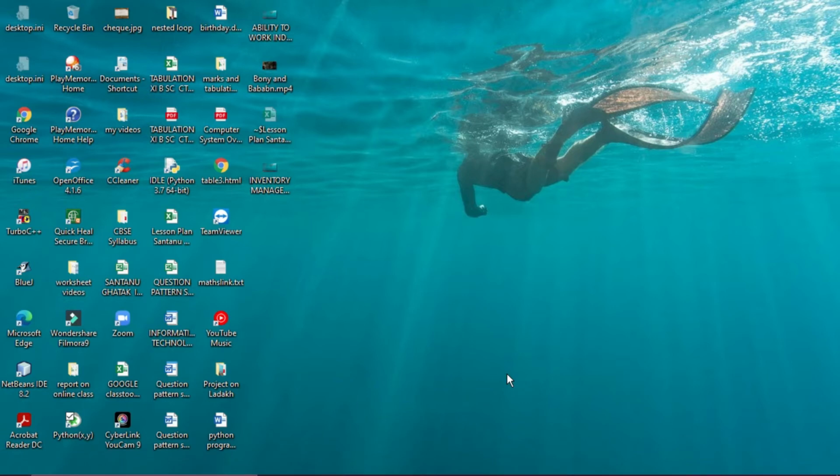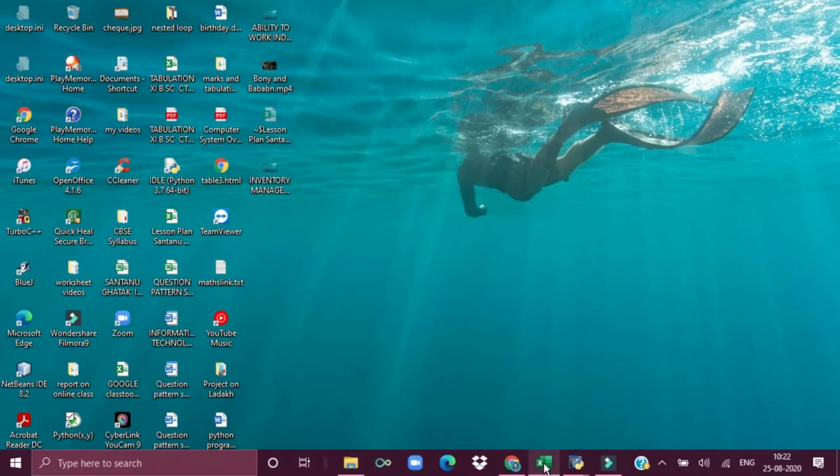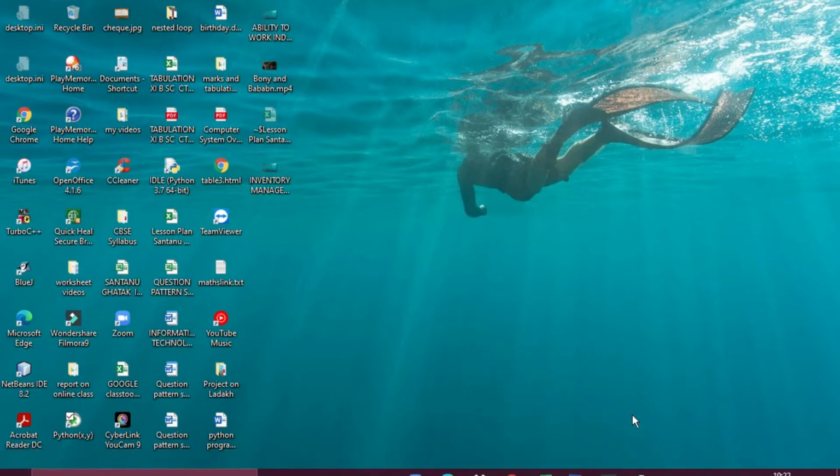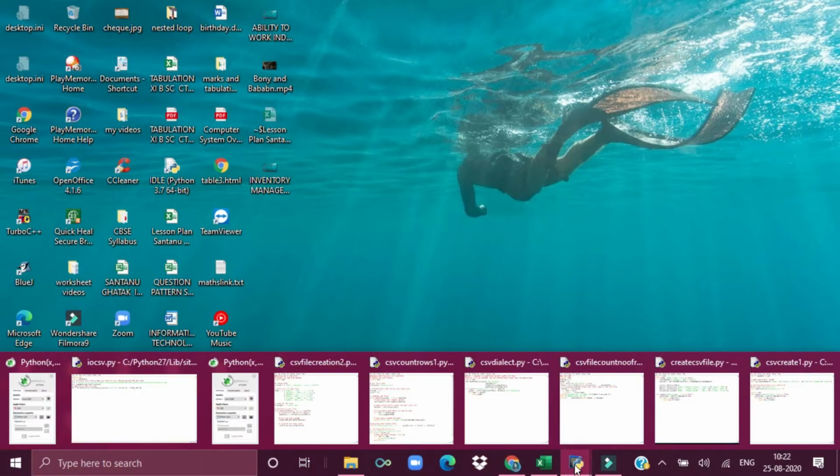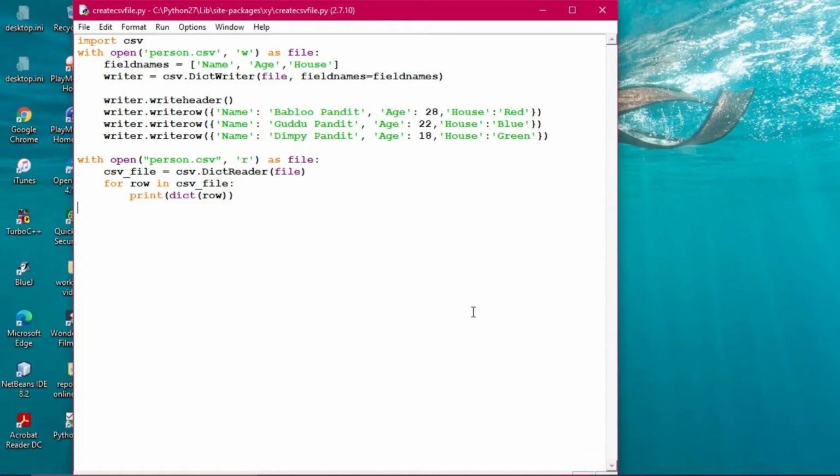Once again, the CSV. CSV means comma separated value files that can be created in any spreadsheet package. Right now we have MS Excel as the spreadsheet package in our system, and most systems are equipped with MS Excel as well. So we are going with that first. CSV file creation, this program I have already written. If you want, you can increase the number of rows. Without going to Microsoft Excel, we can create the comma separated value files, CSV files I mean.